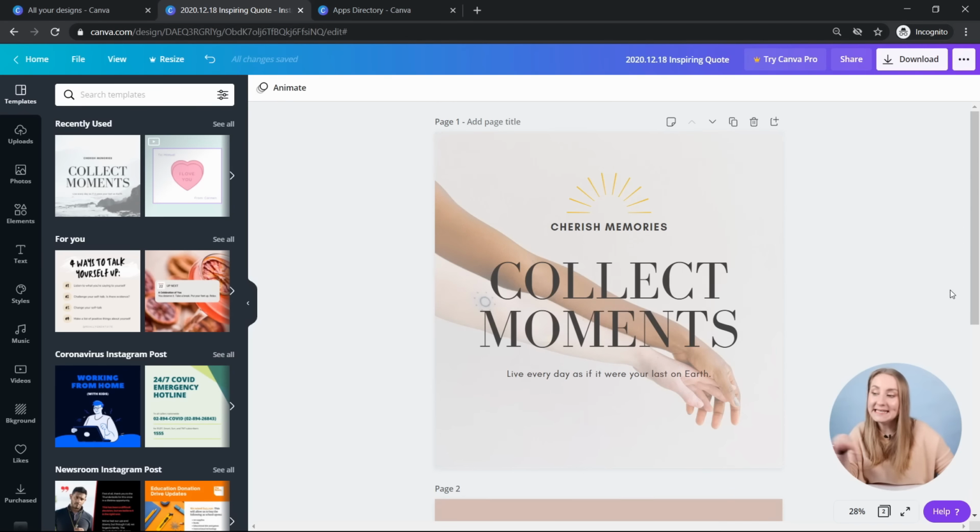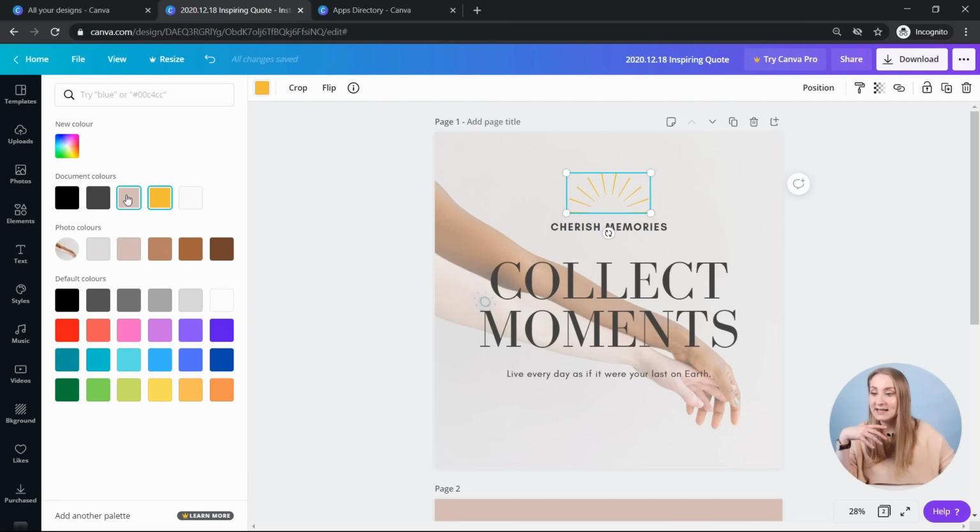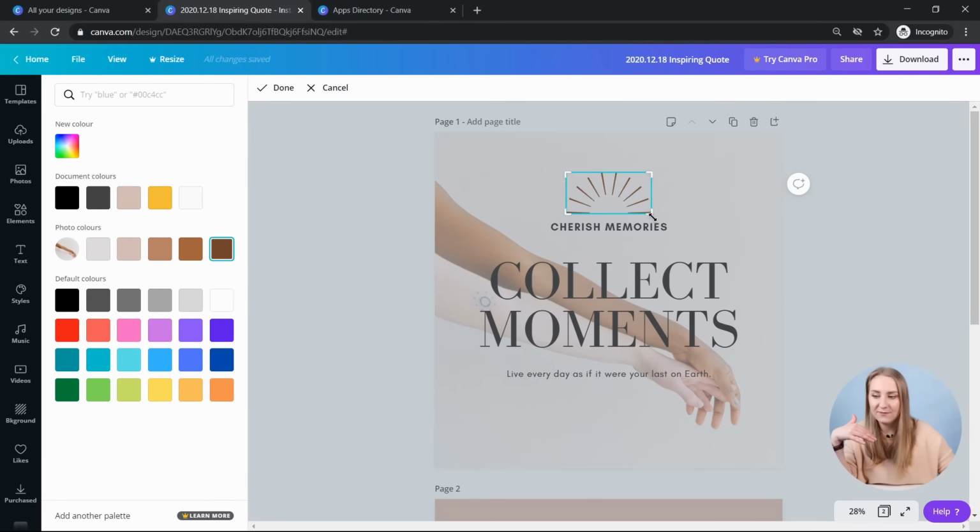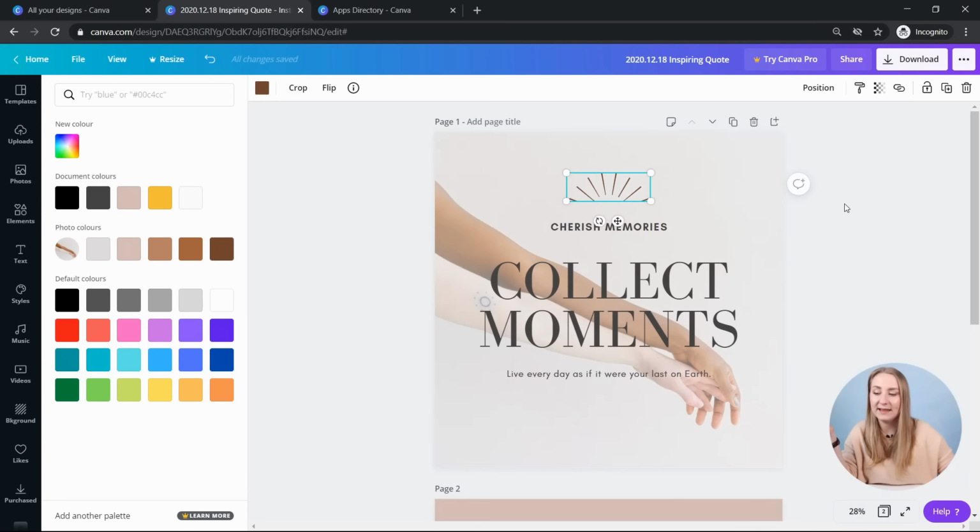So once we've got these out of the way, this is where the magic happens. If you click on that element that I added before, you can actually see that this particular one can be adjusted. So I can change the color of this particular element, which is really cool because that means that it can stay on brand. And this is how you do it. If you want to crop it, if it doesn't fit, you can maybe crop it like that. For different elements, it may work quite well.